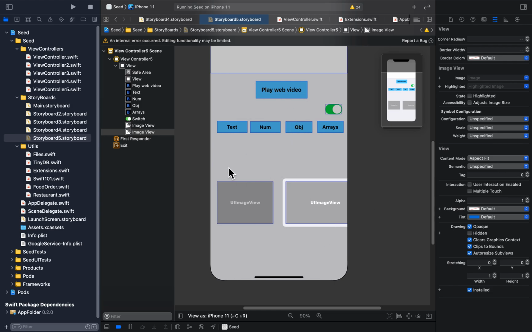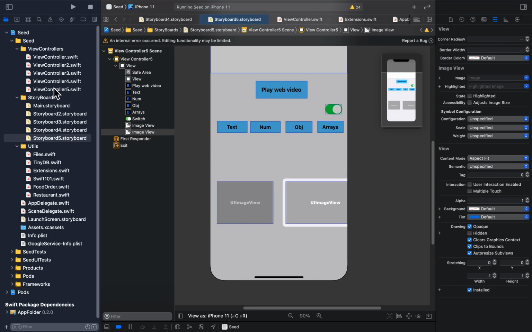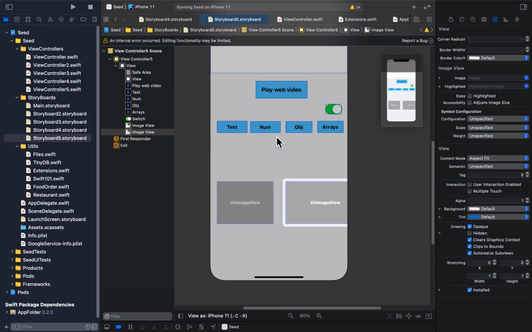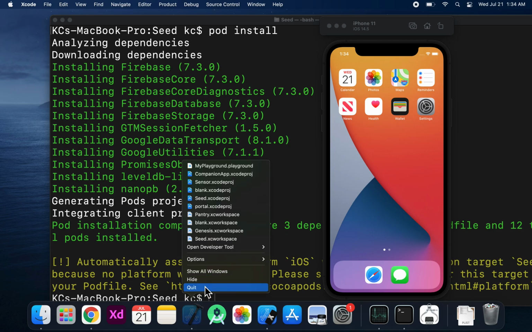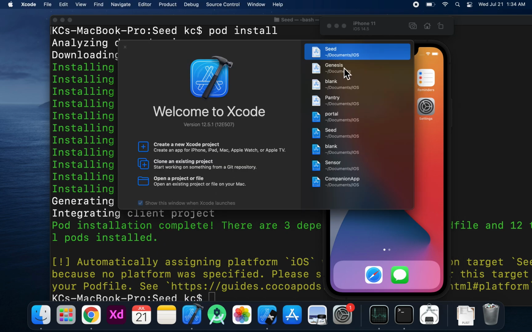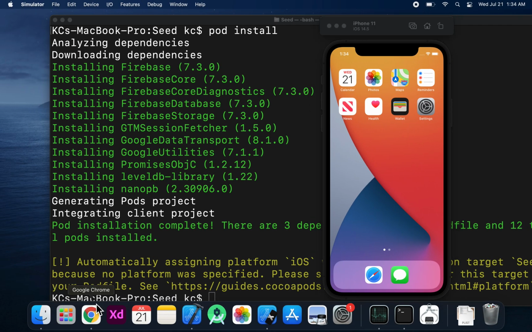Okay, while this is wasting my time, I'm going to restart Xcode real quick. It's always the fastest way to fix this. Quit. Then I'll launch it again. All right, while that is loading,